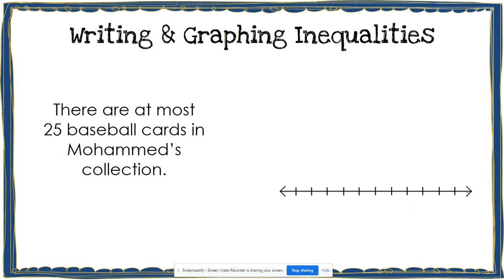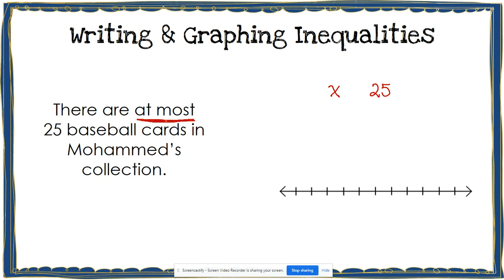Next, I see that there are at most 25 baseball cards in Muhammad's collection. Well, my key word here is at most. I know that I'm going to use x and I'm going to use 25 because this is representing how many baseball cards are in Muhammad's collection. But then I need to figure out what inequality symbol to use. When I see at most